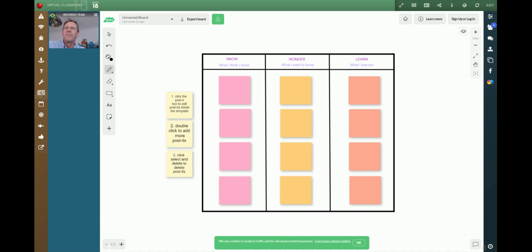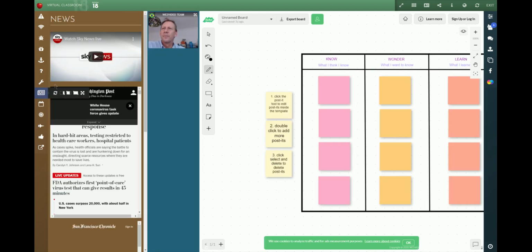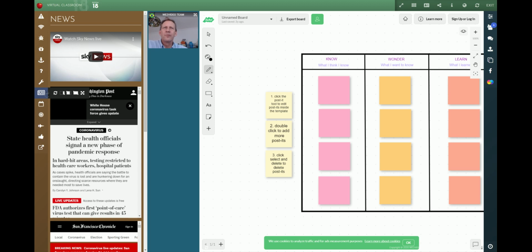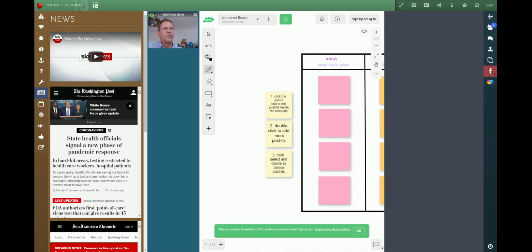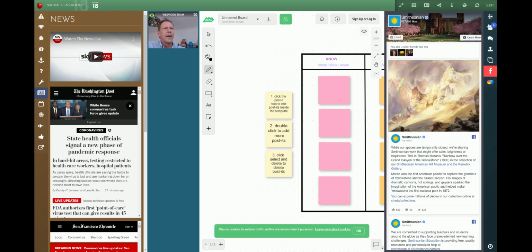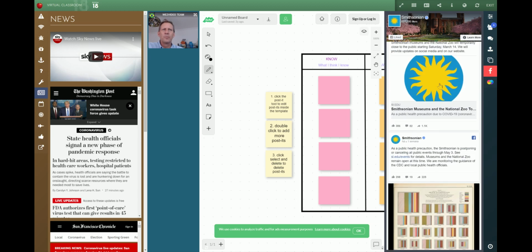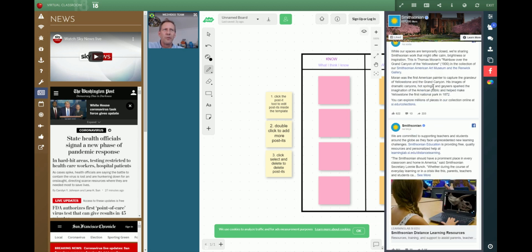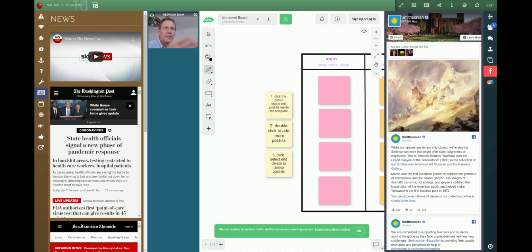We can also integrate in the icons live streams. So if you were streaming something through your Facebook Live, through your Facebook account, you just put it on the right sidebar. You see a Facebook icon. If you click it open, that's just the Smithsonian's Facebook page. You can scroll down, but if there was something being streamed live, you could effectively be watching me and something else on the right.